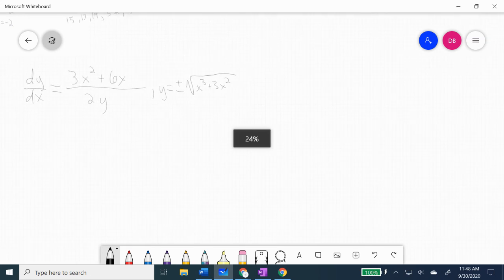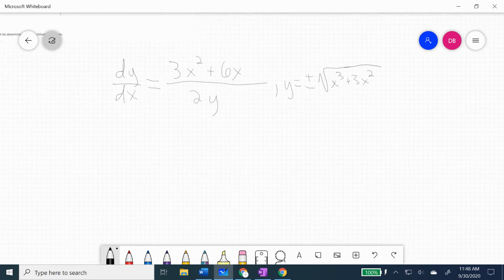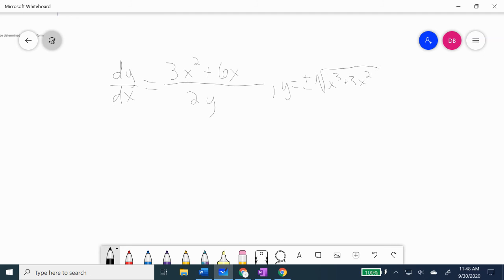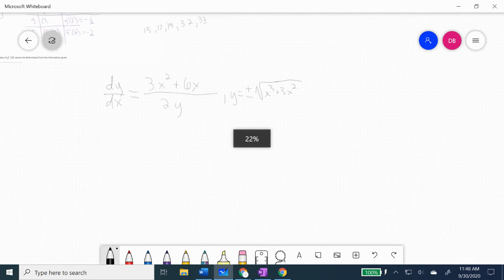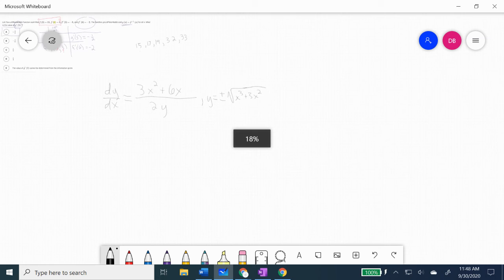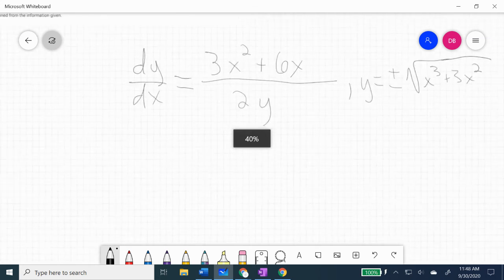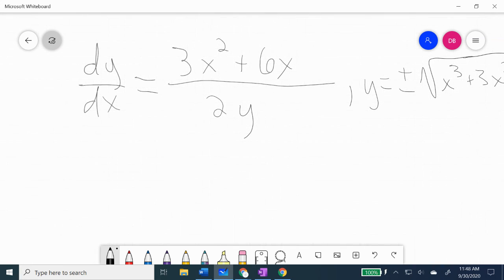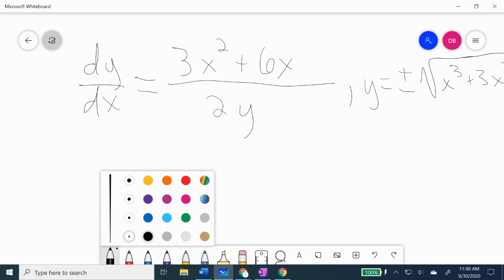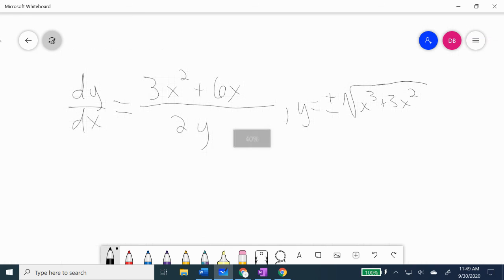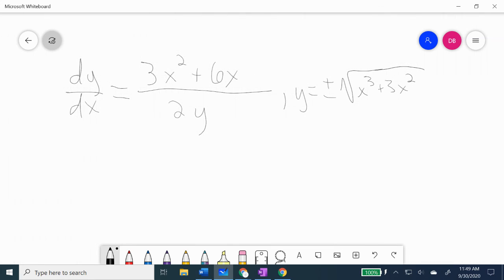Okay, I have that way too thin. Oh my goodness, that's why I've got it at a very low percentage. Okay, so